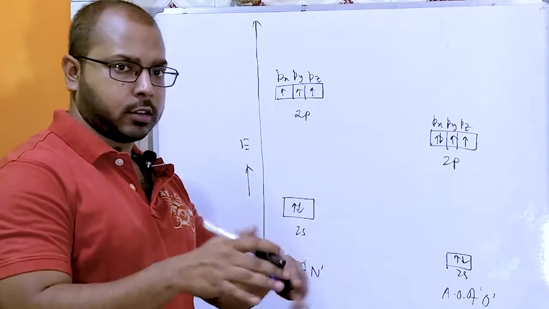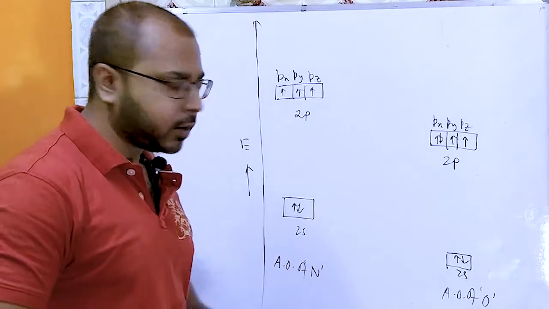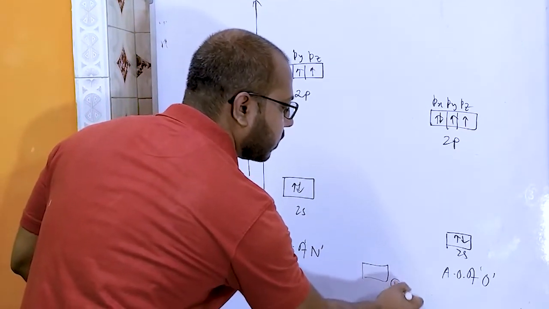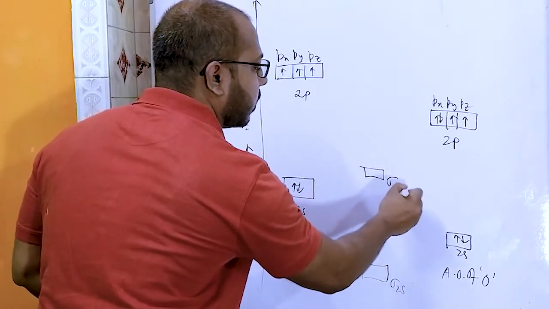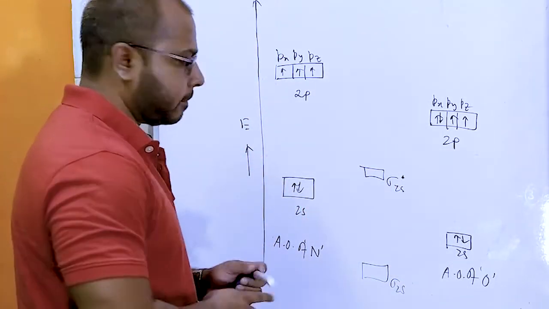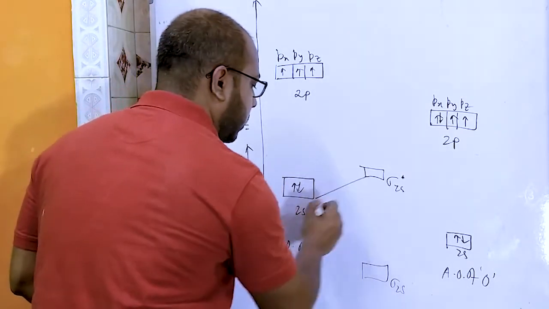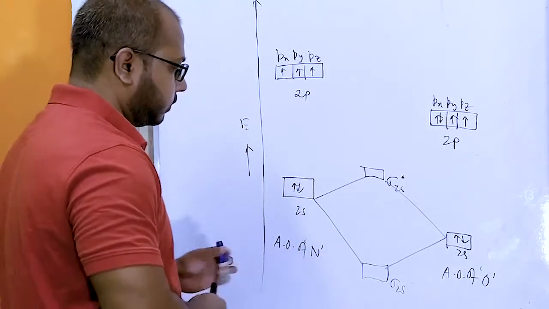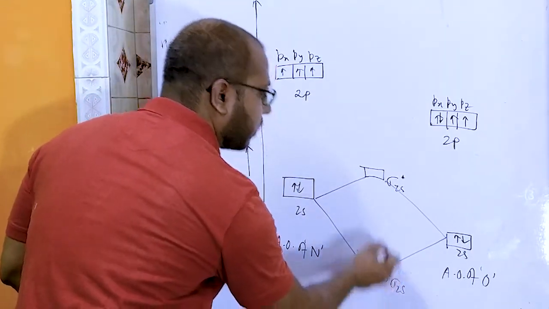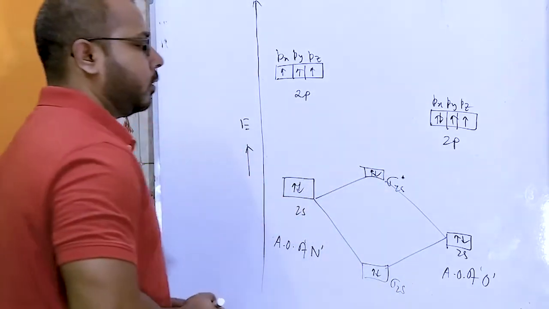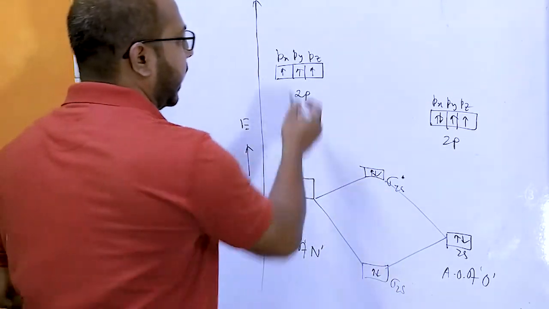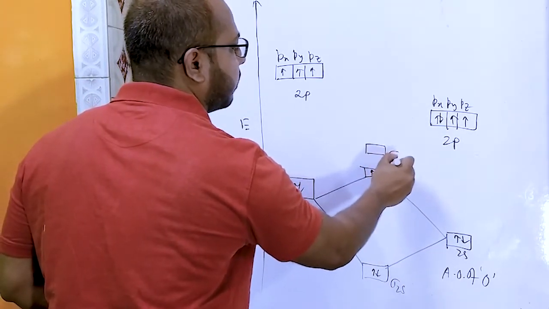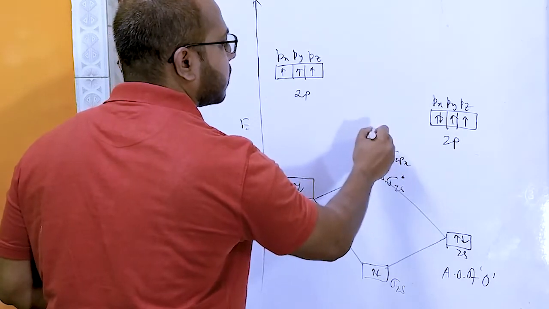So 1s I am not showing here. Now again 2s star, bonding. Let us join this. No problem with that. And again PX forming sigma 2px, pi,